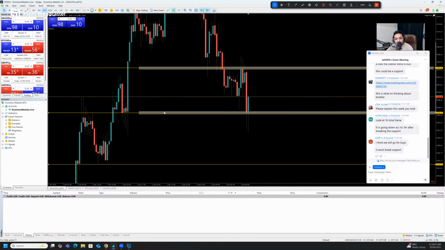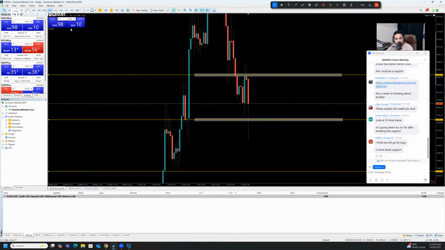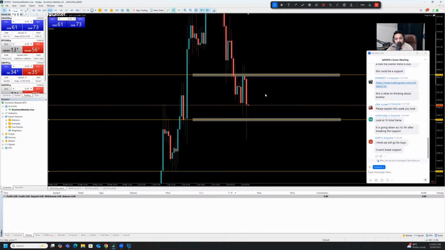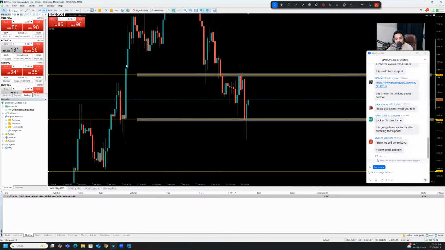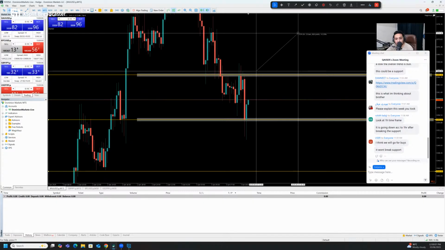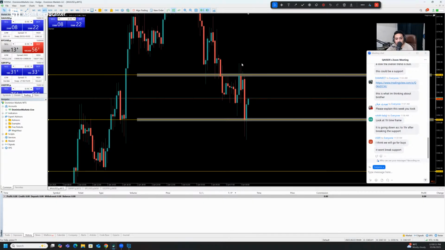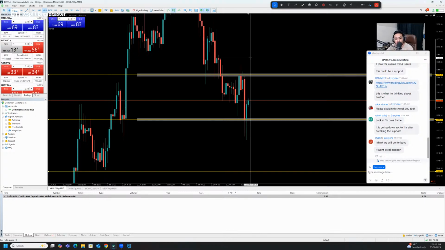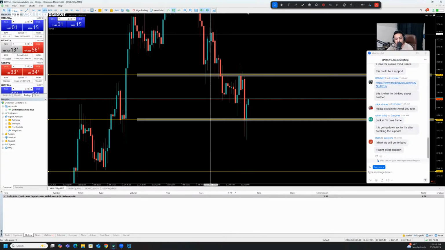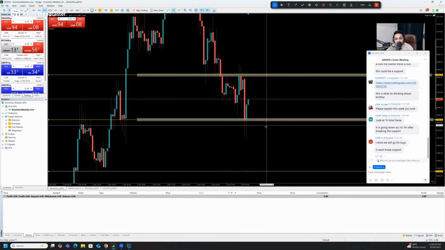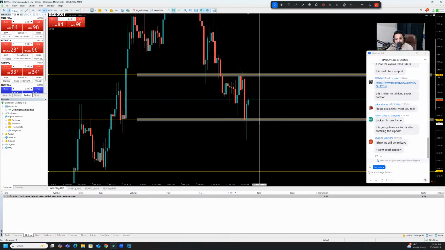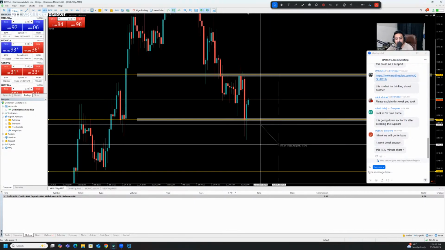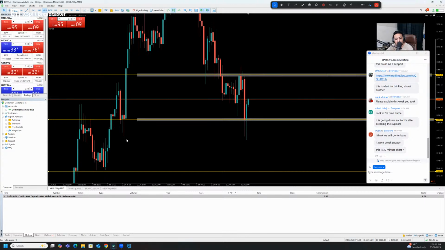So for buys, let me make things simple for you guys. For buys, the candle has to close above this resistance area with volume. There's a probability it will continue pushing upside. If you want to go through all this rejection on the left hand side, there should be volume which can go through it. That makes sense. For sells, just wait for the candle to close below the support area, and depending again on the volume, look at the rejections on the left hand side.